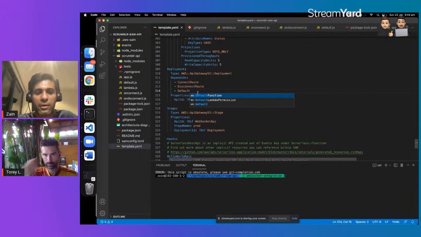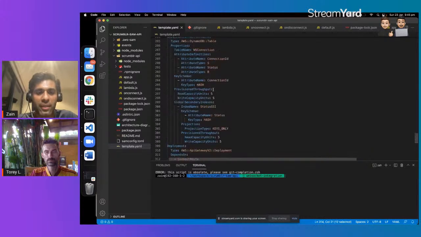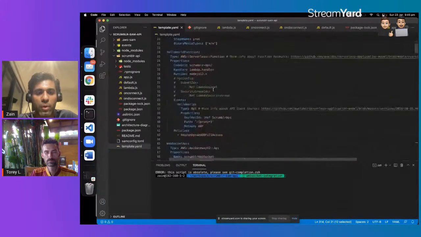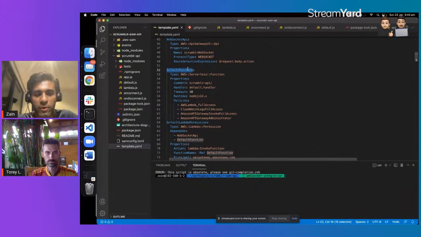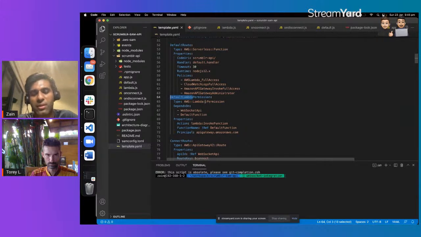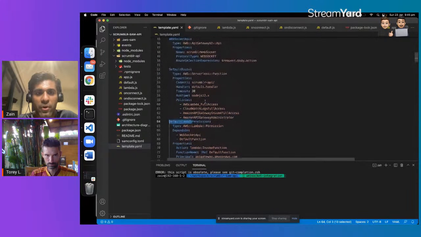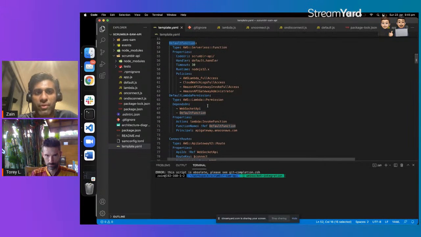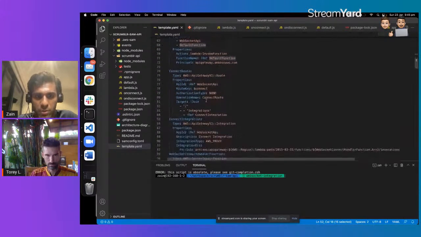Right, I see. Disconnect from default. That makes sense though. I think what I want to do is change that to follow the convention. So default route, default, that's fine. Default route permission. Actually, is this default lambda permission or what? I'm becoming confused now. No, default lambda, yeah. Okay, so I've got the function, I've got the permission.